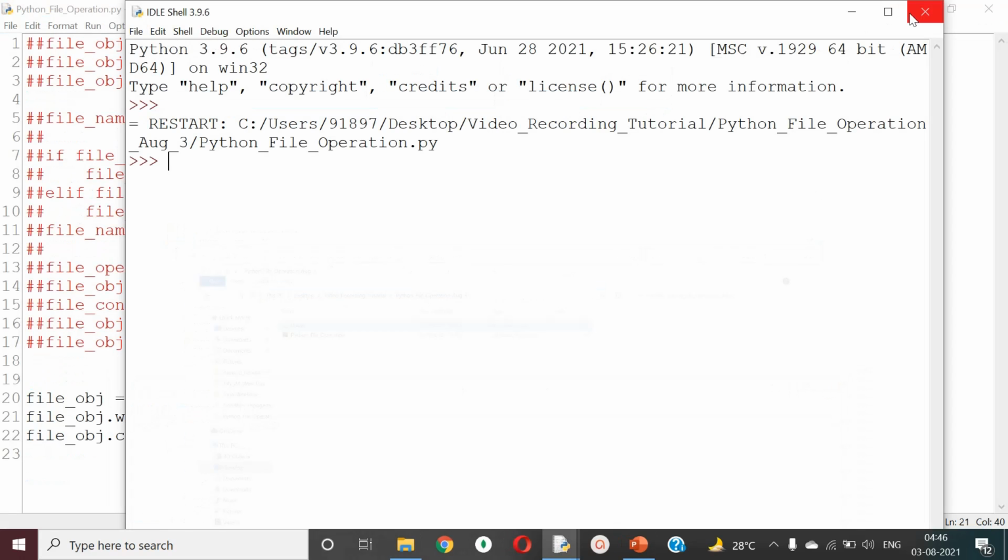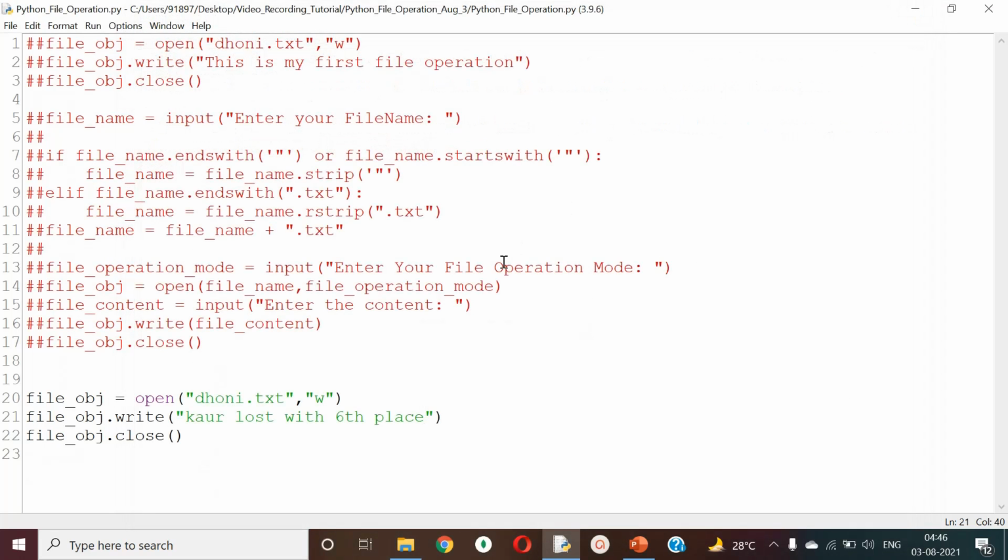So now what happened? The point to be noted here is that whenever I do the write operation, it is overriding the data. The previous content is getting overridden by the new content. It's very easy. Everybody will tell the answer. Yes, of course, you do the write operation, the data will be overridden.